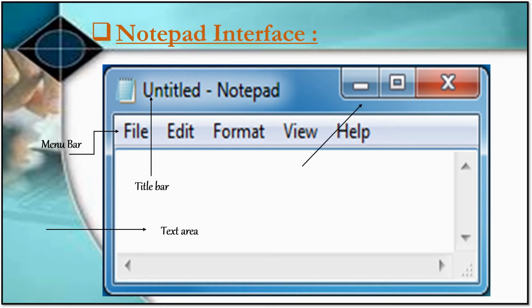Afterwards, the next topic. Here you can see one button given, that is called Minimize. Through this we will minimize our program. Afterwards, there is Restore Down or Maximize. This button is helpful to maximize our page. Now the last one. Here you can see the cross button. This cross button is known as the Close button. So these are the main interface elements given in Notepad.